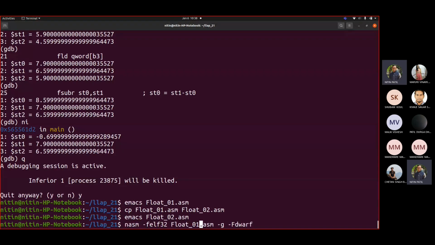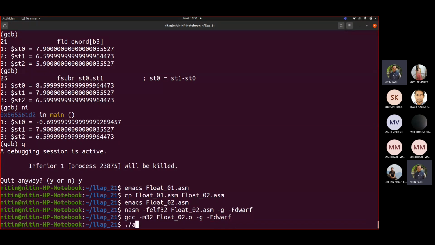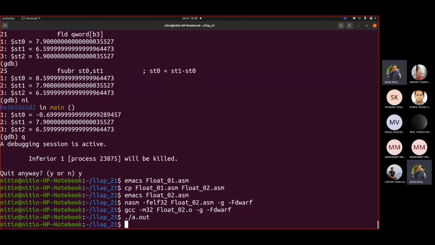Now our code is float2. So gcc -m32 float2.o -g -mdwarf. So I'm not able to see that.